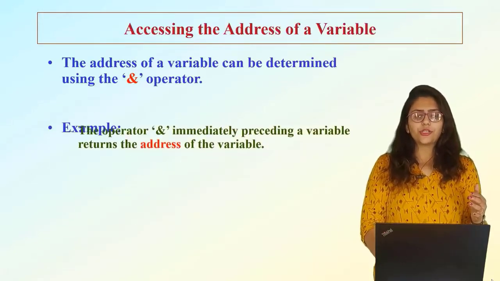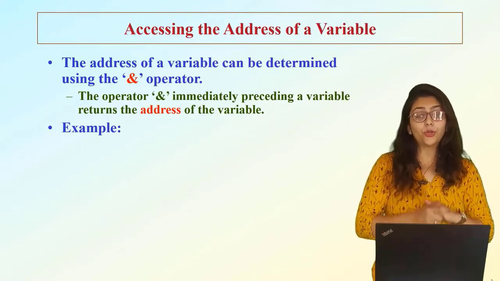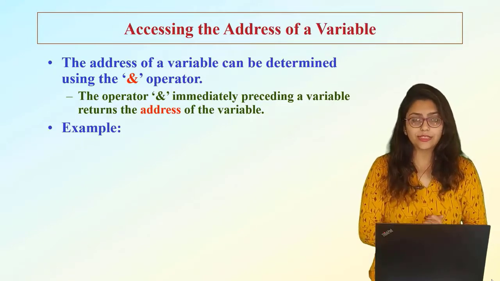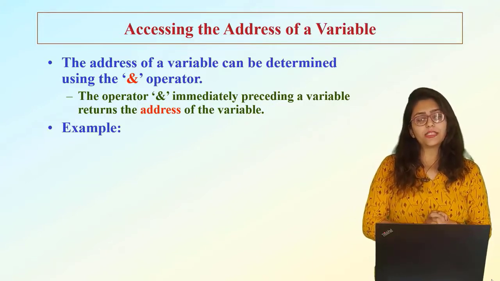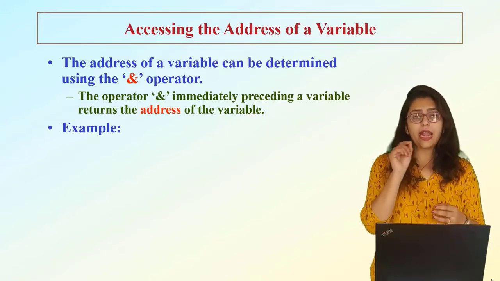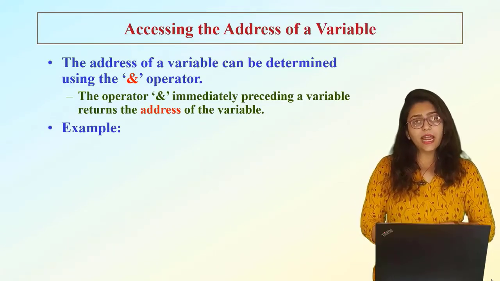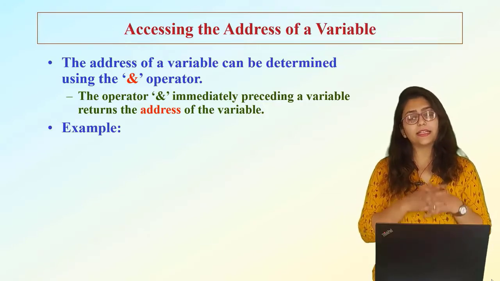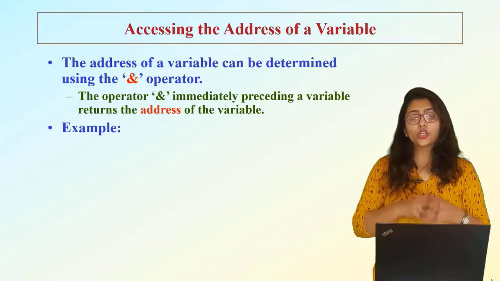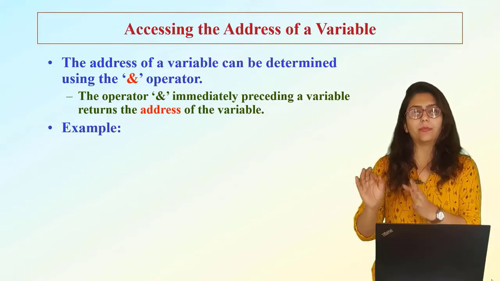Now, how can you access the address of a variable? Even before knowing the concept of pointers, you were dealing with addresses. How? You were using scanf. You know that the difference between printf and scanf is the AND sign. What exactly is this AND sign? In the video on input-output functions, I told you that this AND sign is nothing but the address. So whenever you say &A, that means the address of variable A.